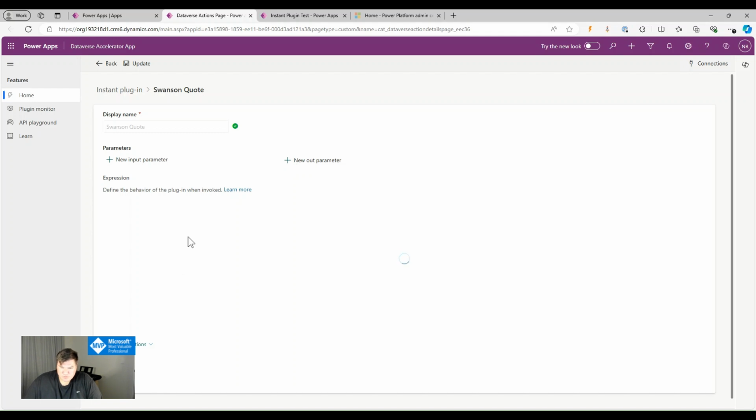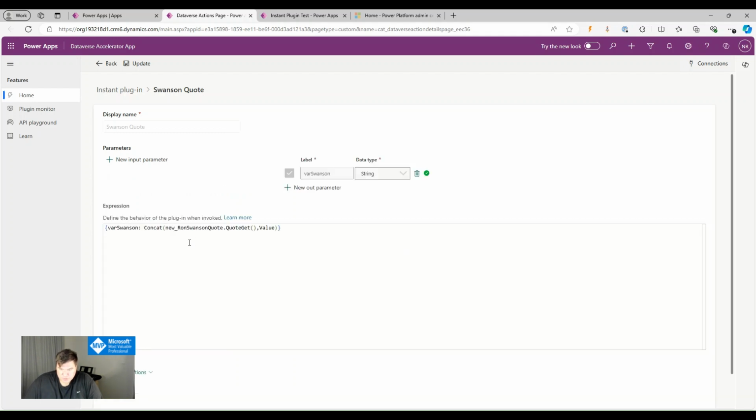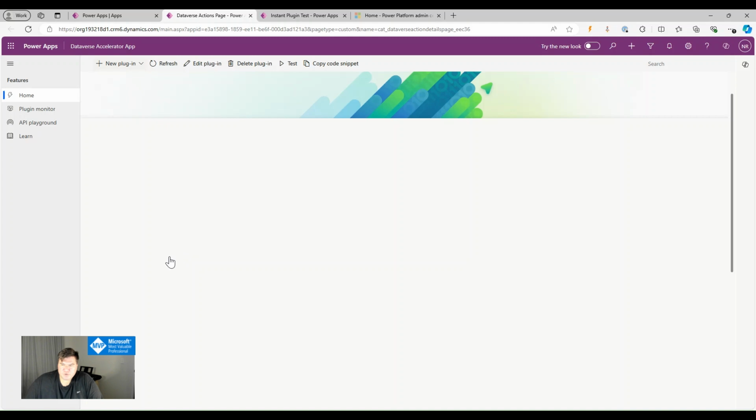Unfortunately, it's running a little bit slow this evening. There we go. All right, so you can see it's just calling a connector, and we'll go look at the instant one,